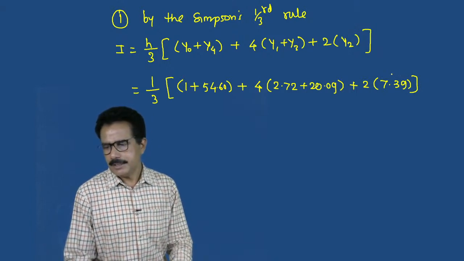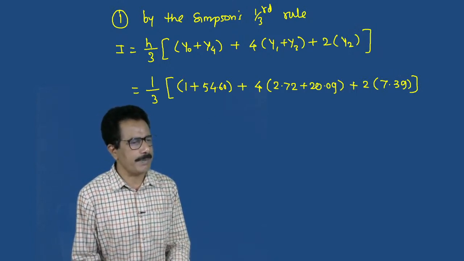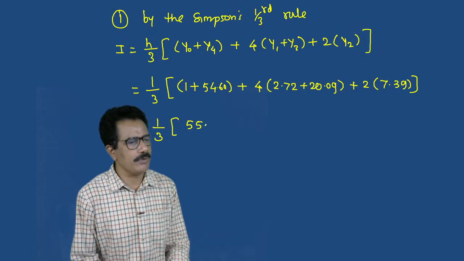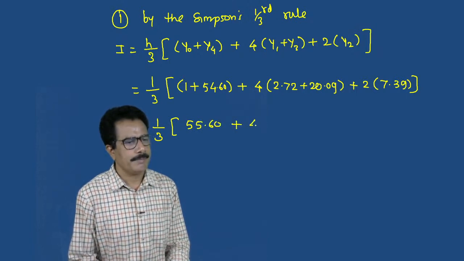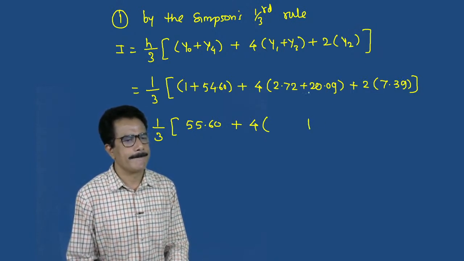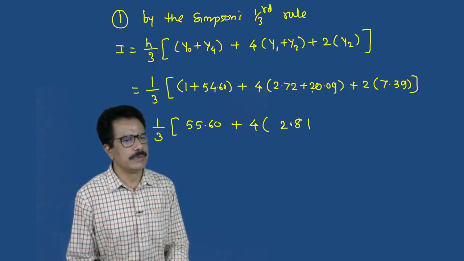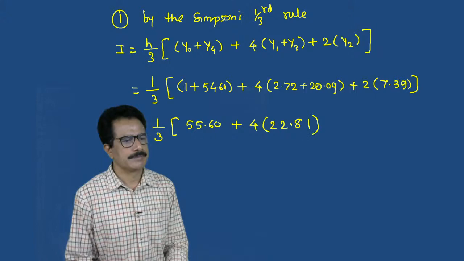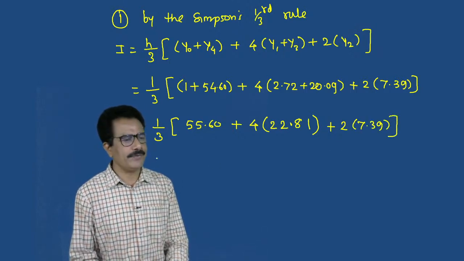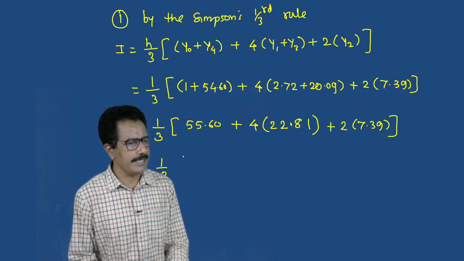Is it okay? Now calculate, see how much comes. Calculate and tell me the answer. This is 55.60 plus 4 times of, here is 11, 8, 2, 2. Check if it is correct. 22.81 plus again 2.739. Now multiply by 4 and tell me the value. 1/3